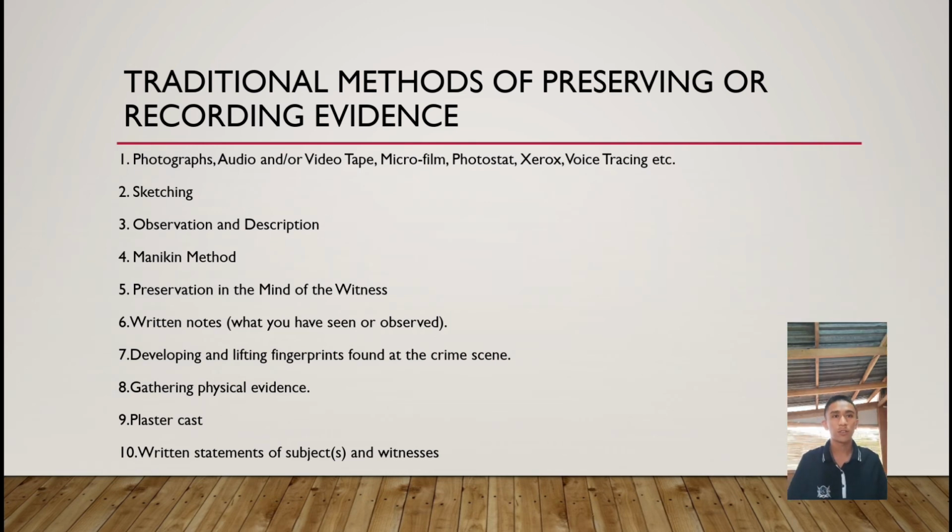So the fifth one is preservation in the mind of the witness. A person who perceives something relevant for proper adjudication of a case may be a witness in court. If he has the power to transmit to others what he perceived, he would just have to make a recital of his recollection. Principal drawbacks of preserving evidence in the mind of the witness: